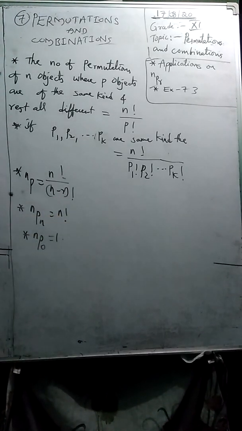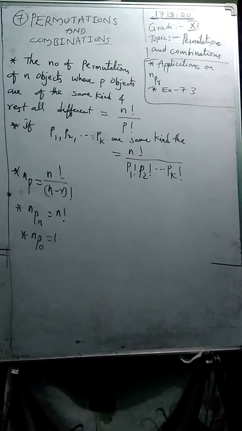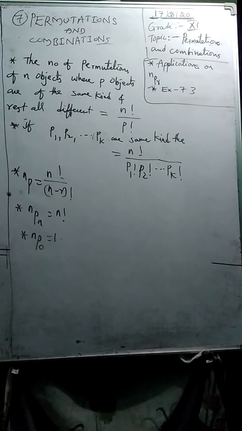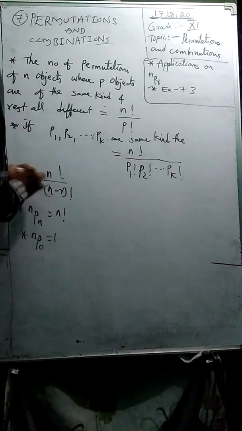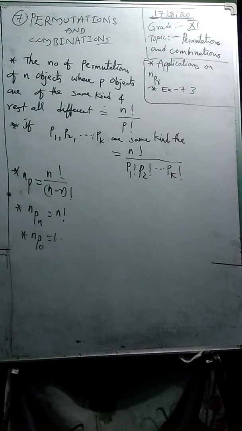In this manner we will solve the problems and applications on permutations and combinations using different formulas. So these two formulas and these three formulas, totally 5 formulas, are useful to solve the problems in this exercise. We need to apply the formulae to solve this. The rest you will get as homework, as a worksheet or practice problems. If you have any doubt, you can ask me next class.